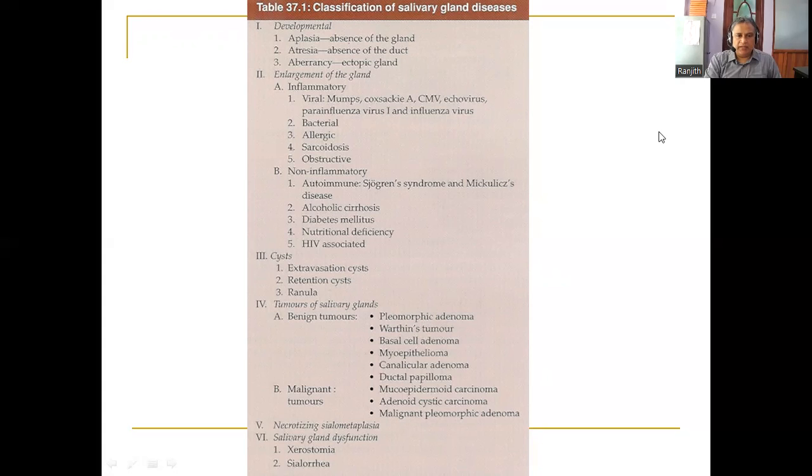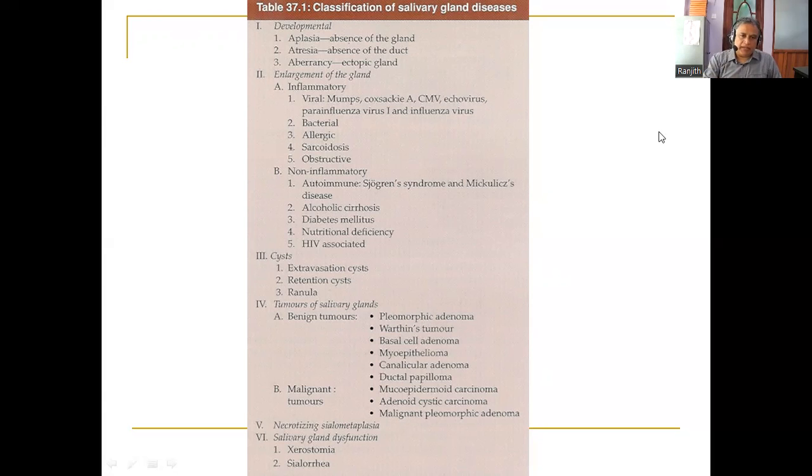Tumors can be benign and malignant, and there are multiple types of tumors. You might have to look up the textbook, but I have just included a few very common ones. The most common benign tumor is the pleomorphic adenoma. Then you have Warthin's tumor, basal cell adenoma, myoepithelioma, and other